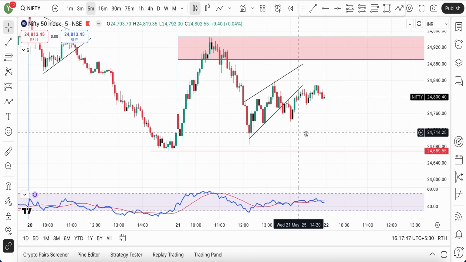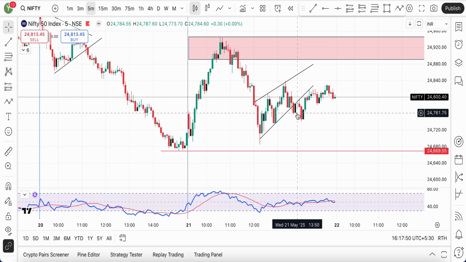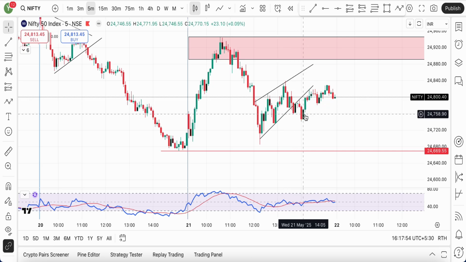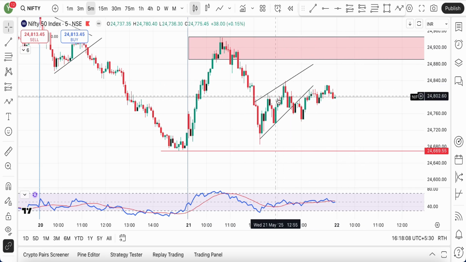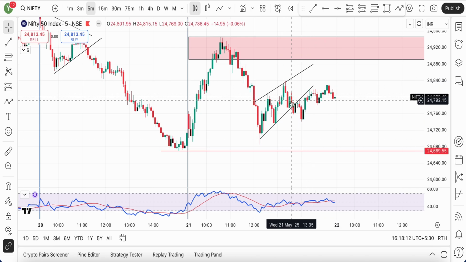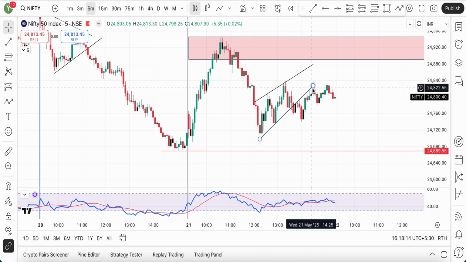Even though I had followed all rules, I waited for a closing confirmation below the trend line or below the channel. I waited for a pullback and then I shorted the markets again. It immediately reversed, and my SL, which was just above this particular swing, got triggered. So overall, I am net in green today, but out of the two trades, the first trade gave me good profits. The second trade took away a part of the profit that I made from the first trade, right?